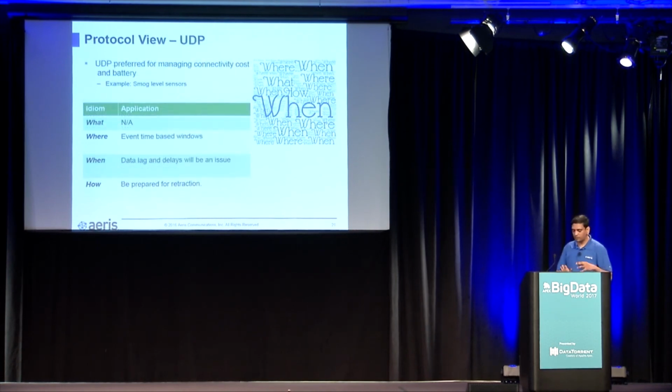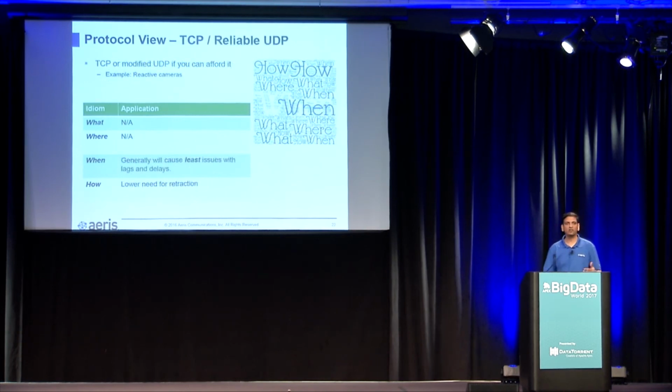So similarly, from a protocol view, again, if you think about the UDP versus TCP, these are obviously at a higher level, the 2 protocol. I'm not going to the next level of protocol that sits on top of this, right? The MQTT kind of protocol which sits on top of this. So with UDP, you have to worry about your where and when because things can come out of order. But unlike the cellular part, you're not going to get hugely late arriving data, right? So people sometimes address that, find the balance, because UDP has value as it reduces the cost of connectivity and the battery life goes up in general, right? But it comes with a trade-off: you have to worry about the where and the when and the how.